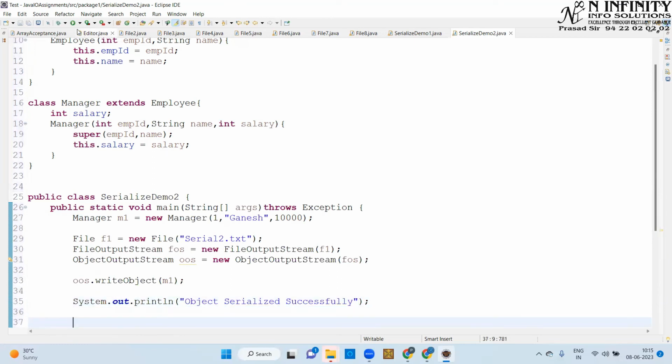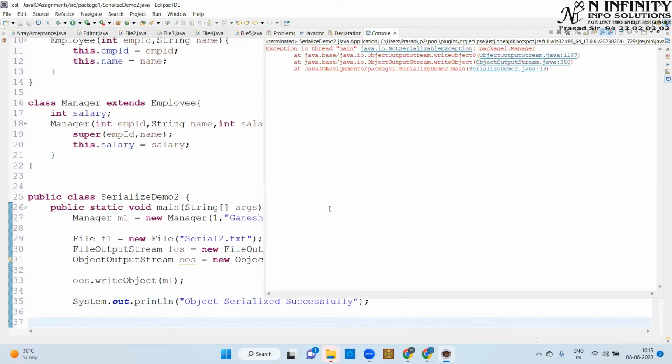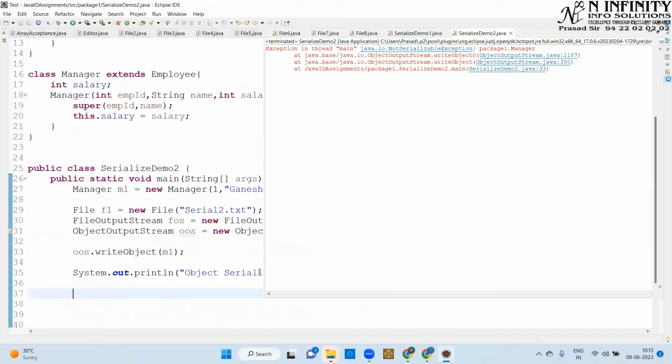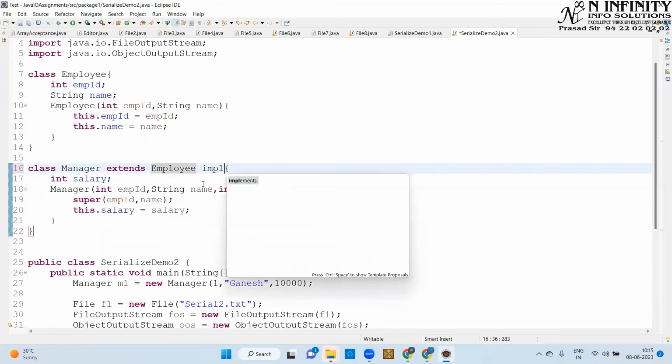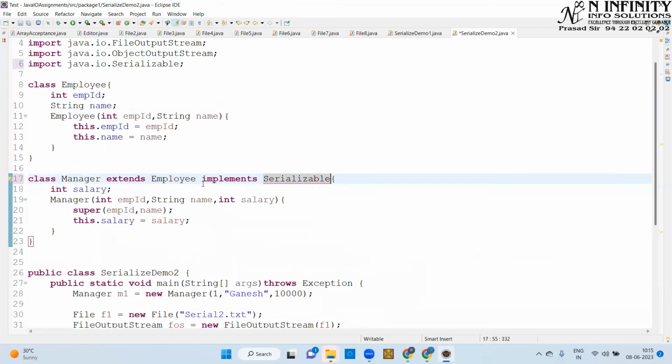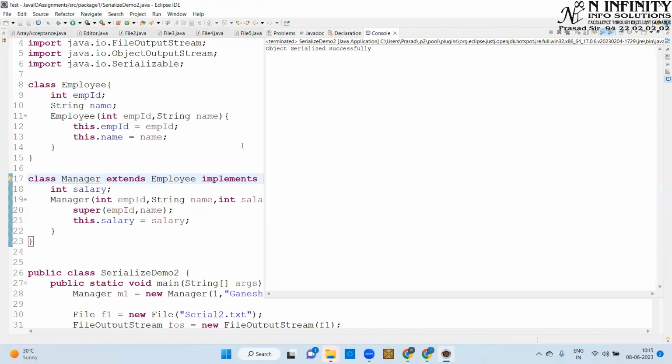Okay, and when I run this again, I'll come across the same error, that is not serializable exception, right? So here, which one do we need to serialize now, the manager or the employee? So what we'll do is let's go on implements Serializable, right? If the manager is being serialized and we try to run this, then please see, object serialized successfully, that is happening, right? Okay, now let's check